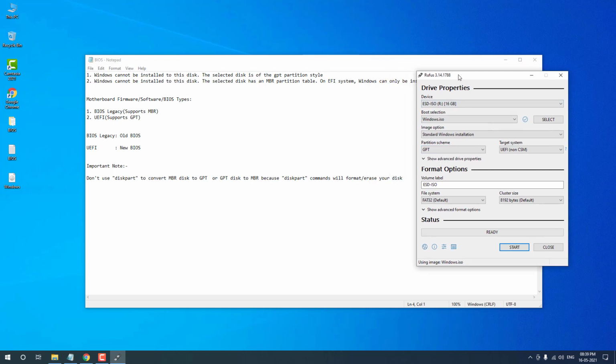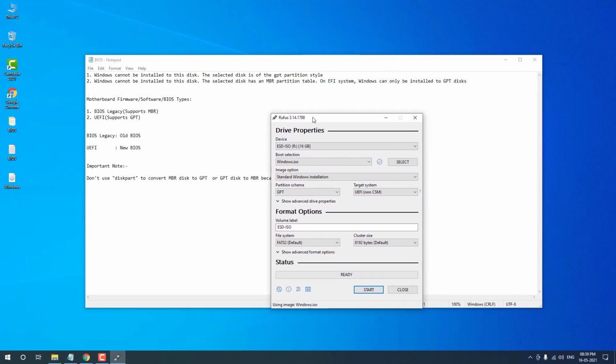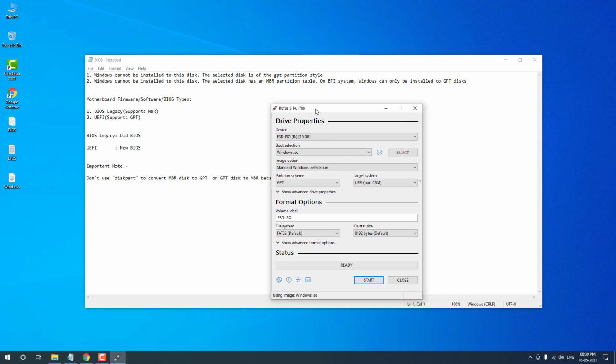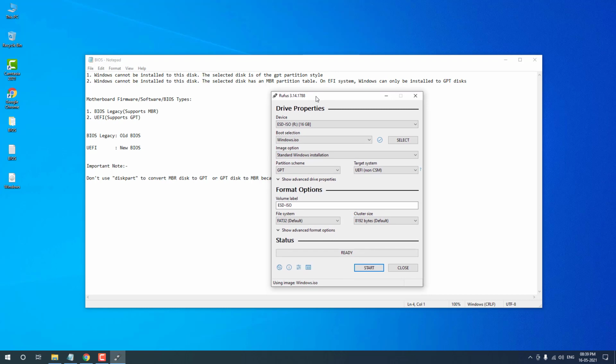If the second error is shown, "Windows cannot be installed to this disk. The selected disk has an MBR partition table. On EFI systems, Windows can only be installed to GPT disks," then choose the partition scheme as MBR. That's it guys.